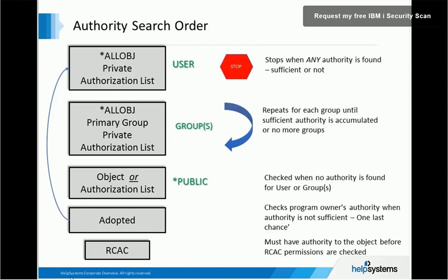So it will start with the group profile, and then it goes on to the supplemental group list. And the algorithm will loop through that group list until it finds sufficient authority or it runs out of groups. So if your third group in has all object, then not a problem. You gain access. Now, the interesting thing is that if one of your groups is excluded from the file, but another one has either change authority or, again, all object,